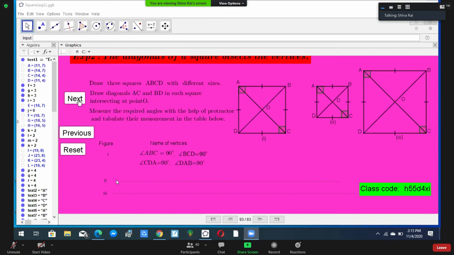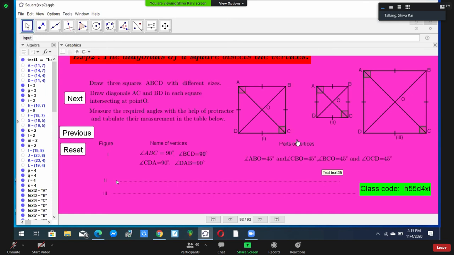Now we need the parts of the vertices. You look in the first column, second column, third column: parts of vertices. ABO and CBO, two parts. Look, the vertex ABC has two parts. This is one part, this is another part. ABO is 45 degrees, CBO is 45 degrees. Each part must be 45. Otherwise, the diagonal is not bisecting the vertices.